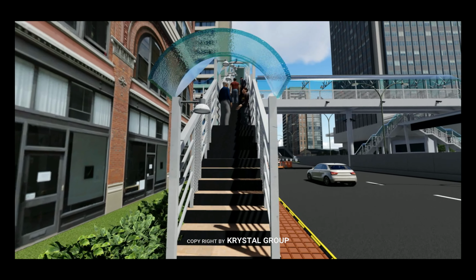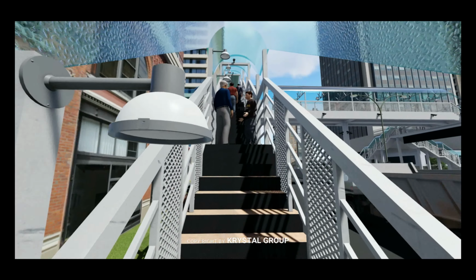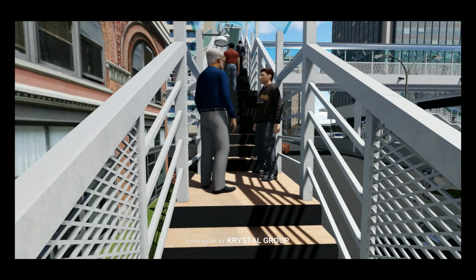For pedestrians to cross the road, a multi-way footover bridge must be provided at the junction.